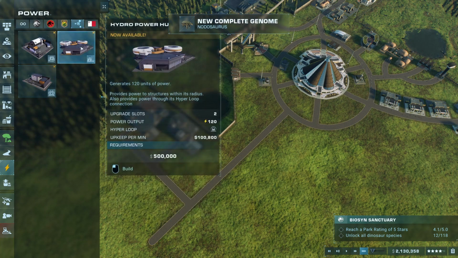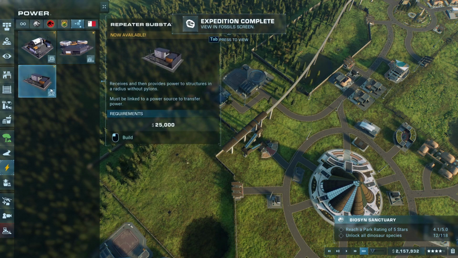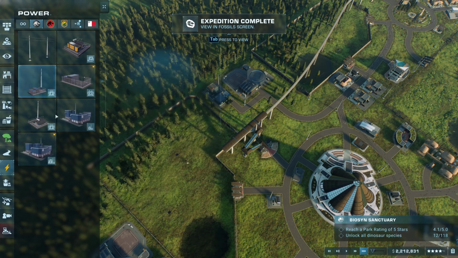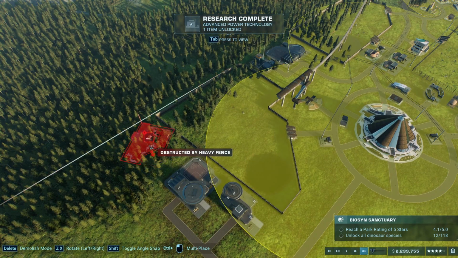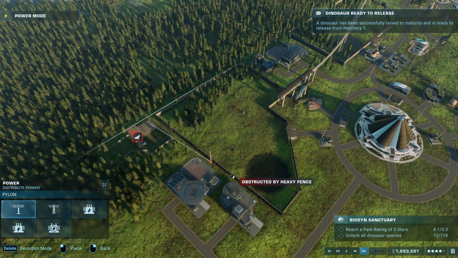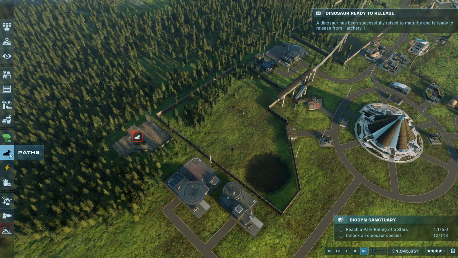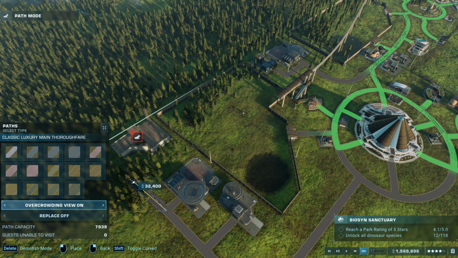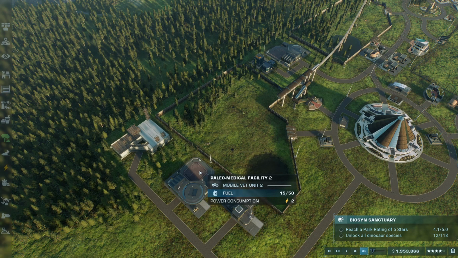Is there a Biosyn power station? Oh, there's that one, but it has the Hyperloop. I love the stuff that's in there, but I don't like the other stuff that's in there. Let's go to this one. No, I like this one. So by doing that, do something like that. There we go. Alrighty. Like I said,